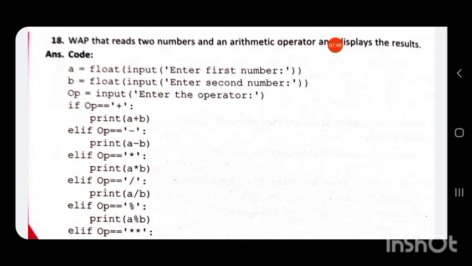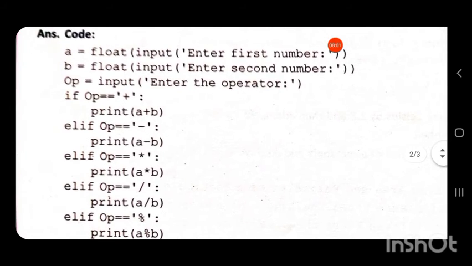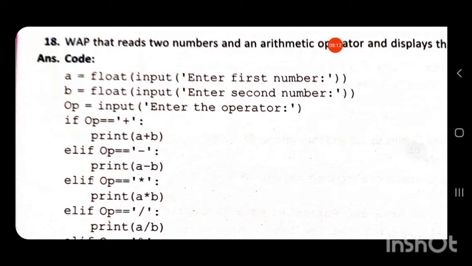The operator is to be considered as a string. To read two numbers, we need two variables, so here we have considered variables a and b: a to read the first number and b to read the second number. We can write the code as a is equal to float(input("Enter the first number")).